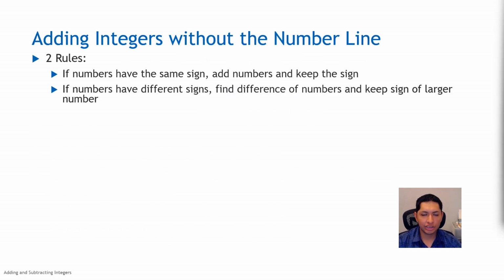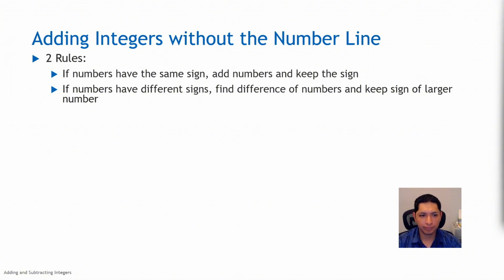Now, as you can imagine, you won't always have a number line, and sometimes it is not practical to use a number line to add integers. To solve problems without the number line, you are going to follow these 2 rules. The first is, if the numbers have the same sign, in other words, if they're both positive or they're both negative, then you are going to simply add the value of those numbers and keep the sign that both of